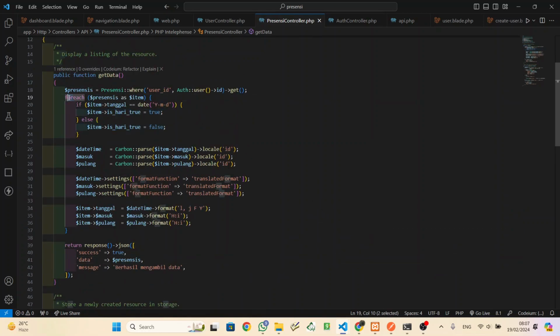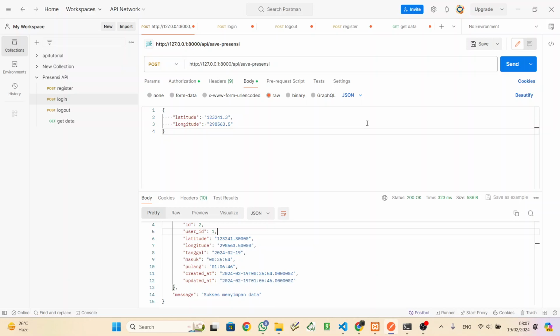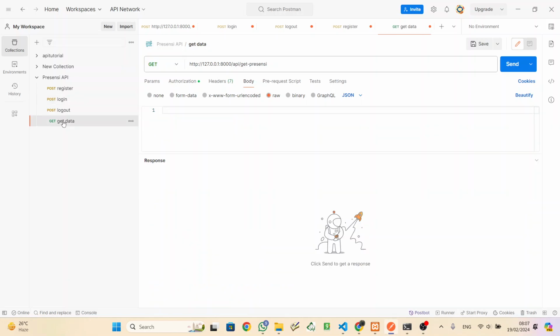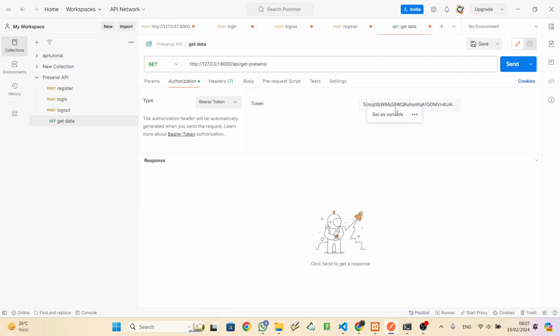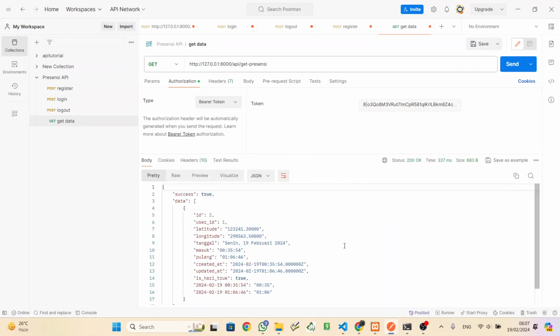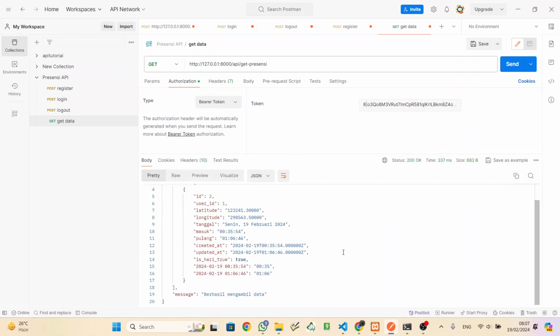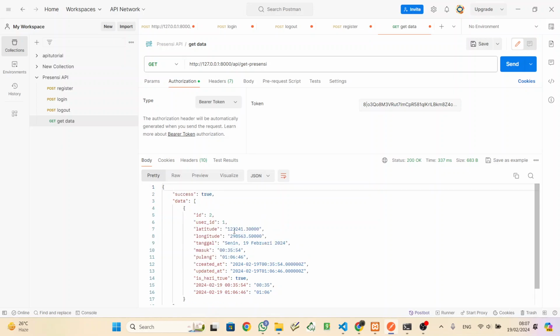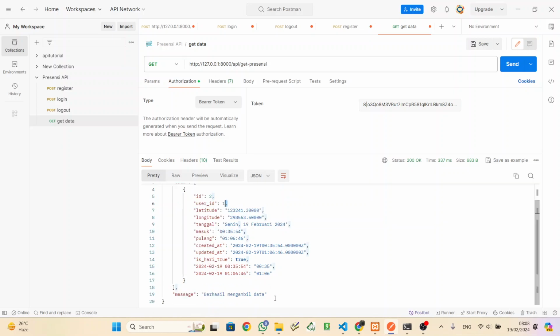So there is a loop here, a foreach. So we will get the data. Send. There is data from my data for this account, user ID 1. It's only one presence, not two, just one.